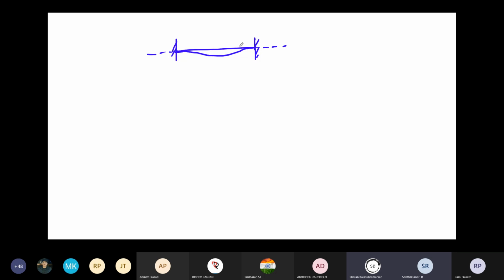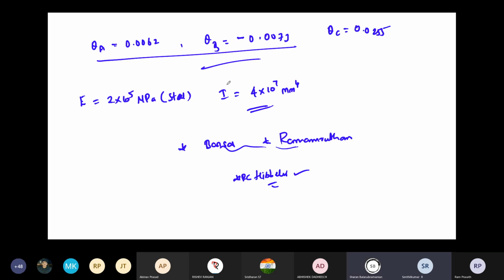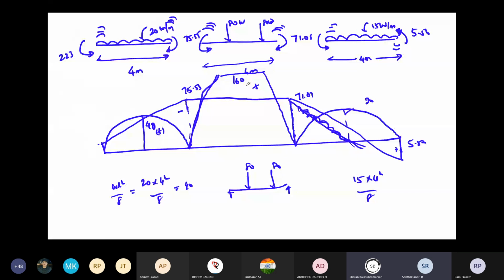So just remember, we are using the theorem for the fixed beam, but we are only taking the bending moment diagrams of the positive and negative parts. For example, in the previous problem, we just drew the simply supported as well as the negative bending moment diagram, right? This is the original bending moment diagram for that beam. So I'm just taking the bending moment diagrams alone. I'm not going to find the deflection or theta for the simply supported beam. I'm just using the theorem for the fixed beam only.